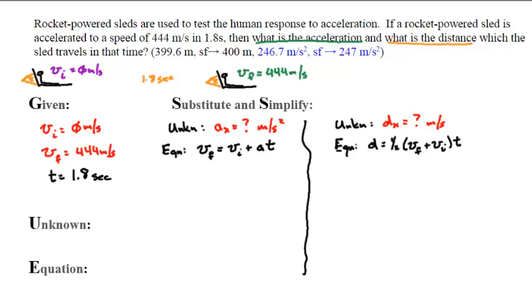If I substitute numbers for letters, my velocity final here is 444 equals, my velocity initial is 0, times the acceleration, which I don't know, times time, which is 1.8 seconds. If I clean this up a little bit, because the 0 can drop away, I get 1.8 times acceleration. In order to get acceleration all by itself on the right-hand side, I'm going to divide by 1.8. That allows me to cancel. Whatever I do to the right, I have to do to the left, and I get acceleration equals